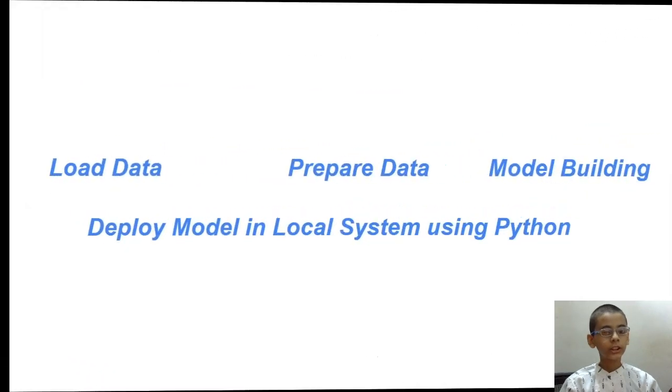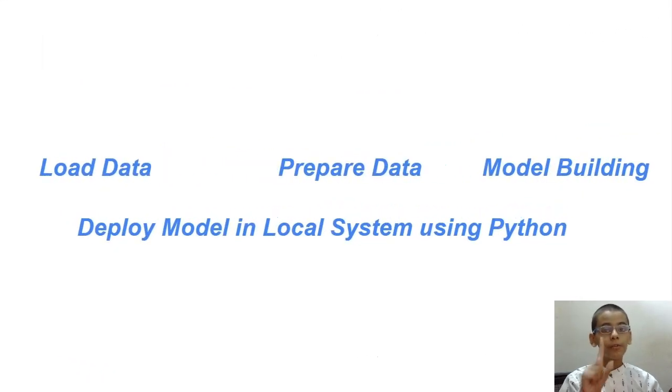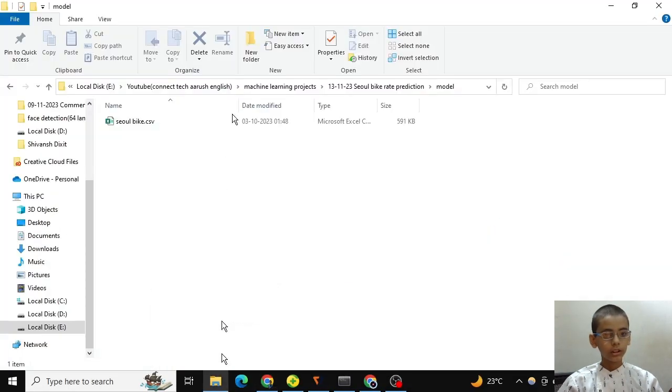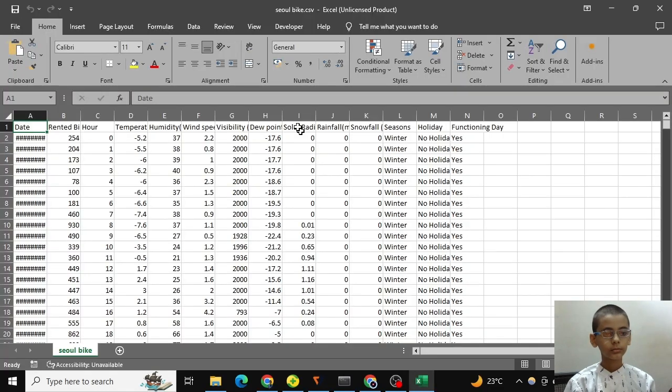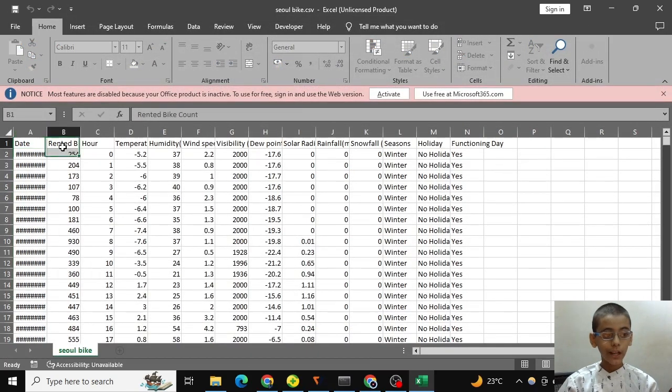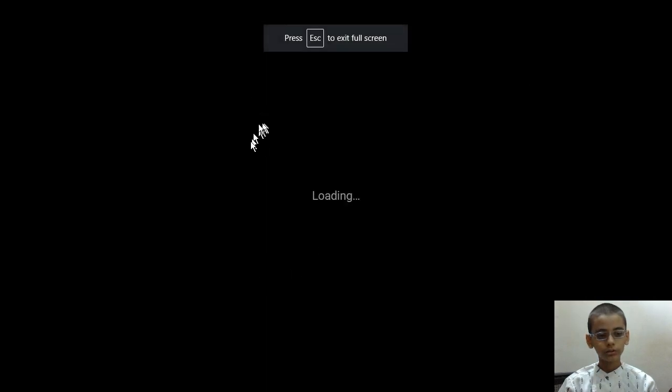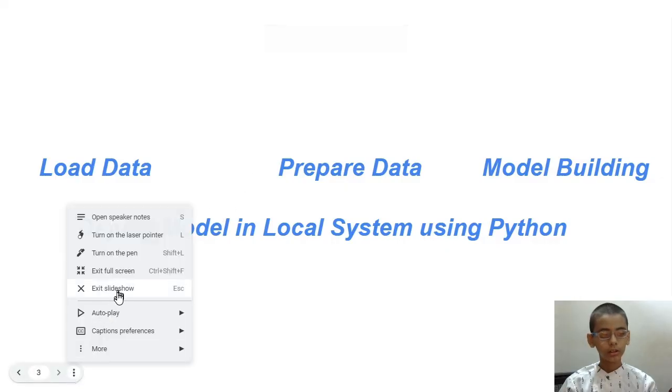So let's see the steps for creating the project. Step number 1 is we have to load our data set. Let me show you the data. This is the bike data. Guys, our Y column is rented bike count, and we are going to create an ML model on it, not a DL model.